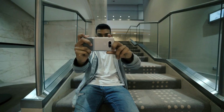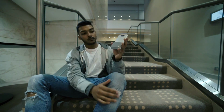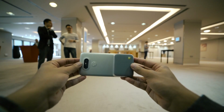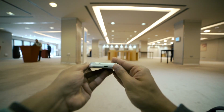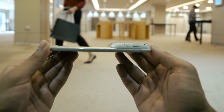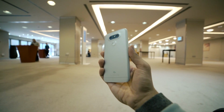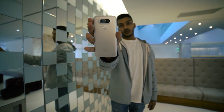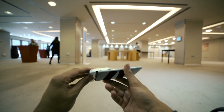Now with the camera module, for example, the phone does get a little bit thicker and a little bit clunkier, but it gives you an amazing ergonomic feel. It literally feels like you're using a normal camera, and I cannot tell you how refreshing and amazing that is. For such a long time, we've seen phone manufacturers improve the megapixel count, the optical quality of their cameras. It's very refreshing to see LG improve that, but also improve the experience of taking pictures by adding this camera